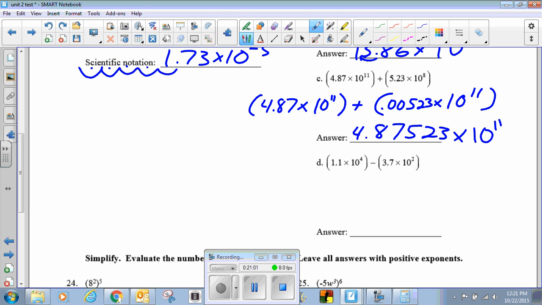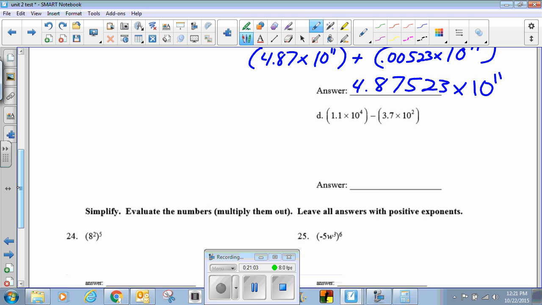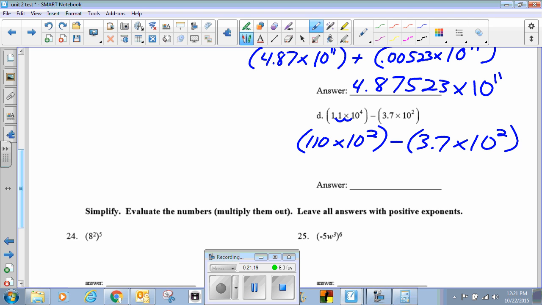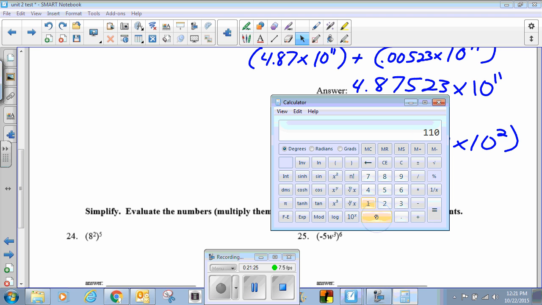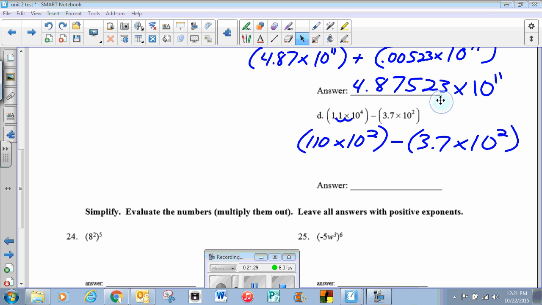Okay, pretty basic. Okay, same dealio here. We subtract, so I need to make the powers the same. If I make this smaller by 2 tenths, to make it the same, I need to make this bigger by 2 tenths. Remember, you can do it either way. I just chose to do it that way, just because that's what came to my mind. 110 minus 3.7 is 106.3